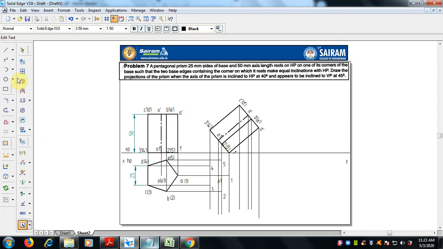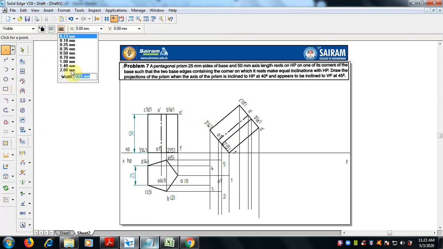Still more convenient, if you want, you can select points of 2 mm thickness, make end points 1, 2, 3, end of this 4, 5, so that mistakes should not be there. 1, 1, 2 and 2.